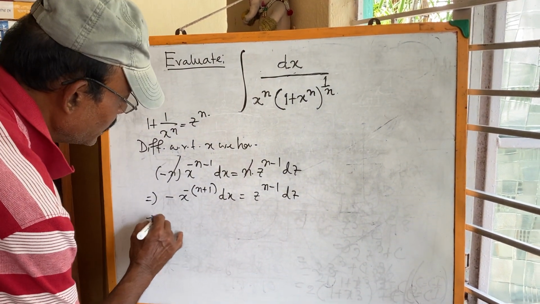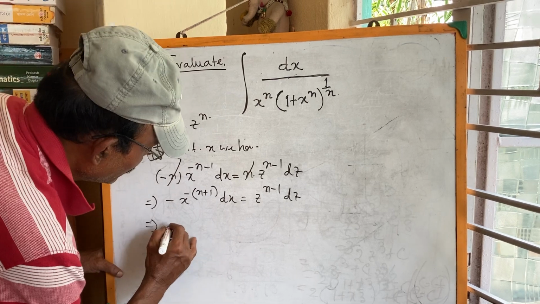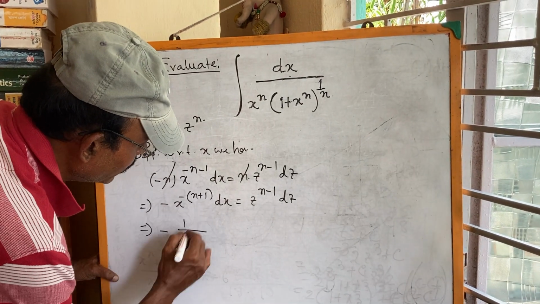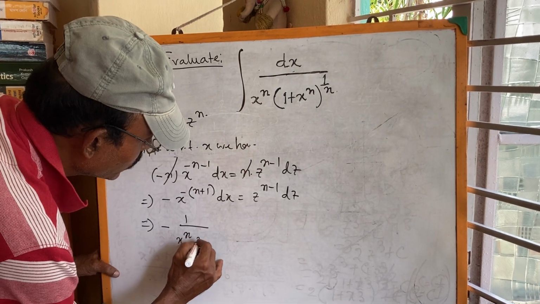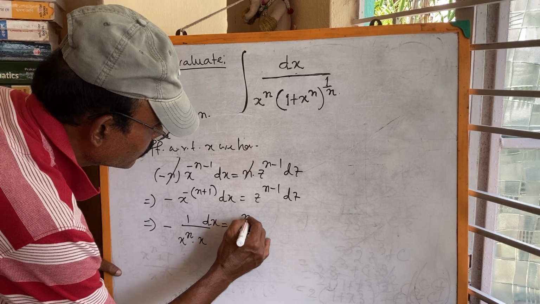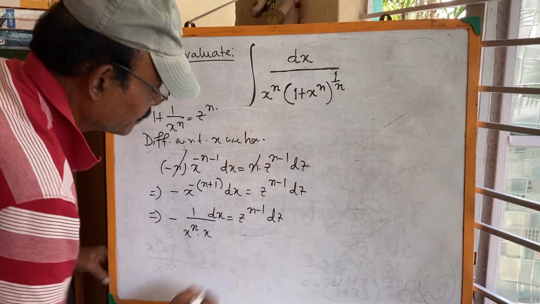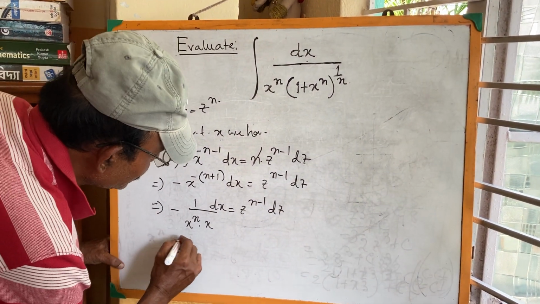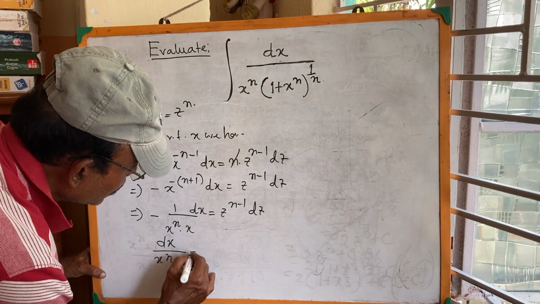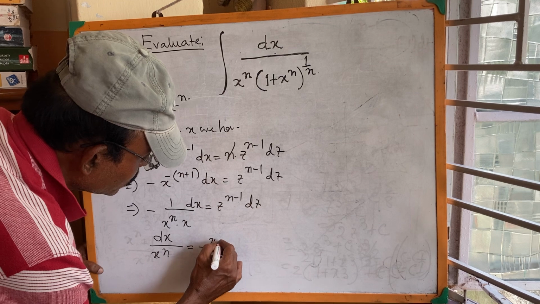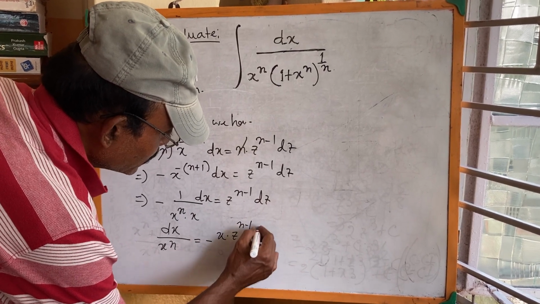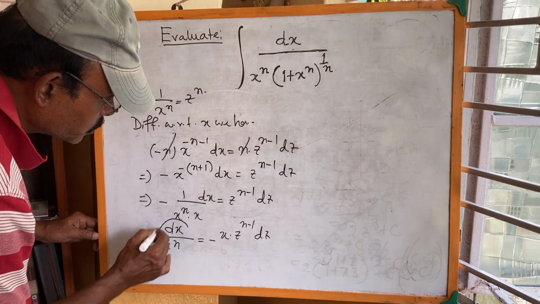So this will be minus 1 by x to the power n into x dx equal to z to the power n minus 1 dz. That means dx by x to the power n equal to minus x into z to the power n minus 1 dz. So we must substitute